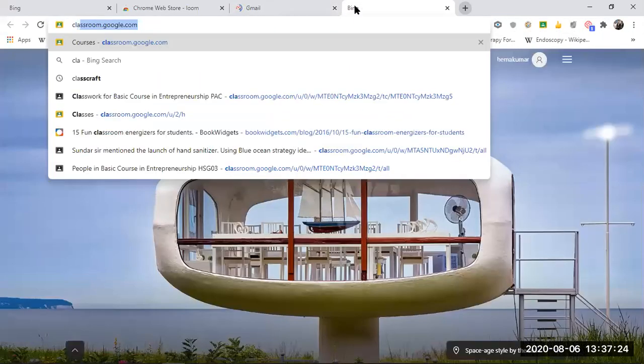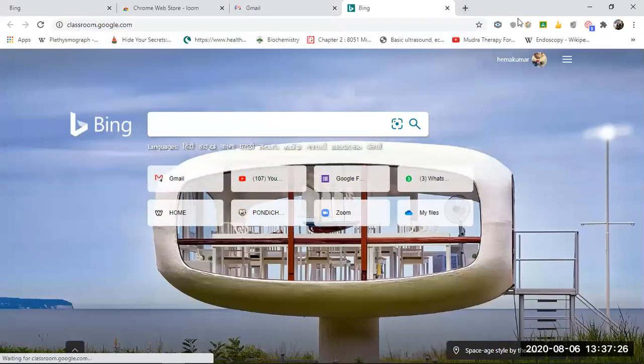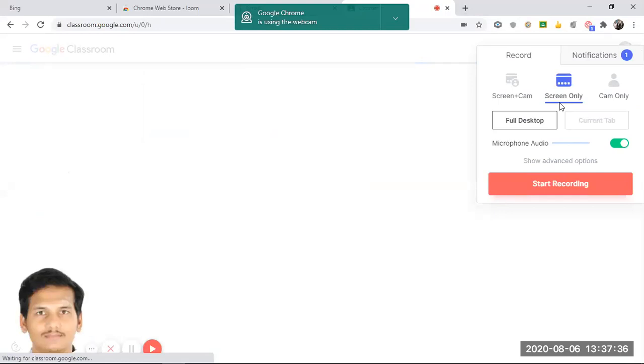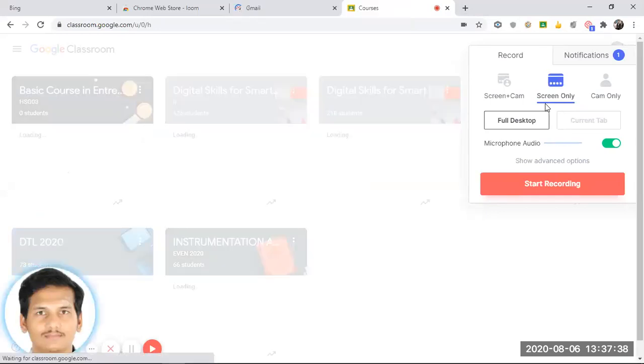I'll just use classroom.google.com. Okay, so for certain pages it is not allowing. That's because of the Chrome Web Store. It is not allowing. I don't know what's the problem.